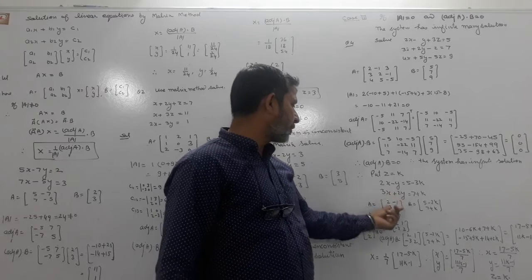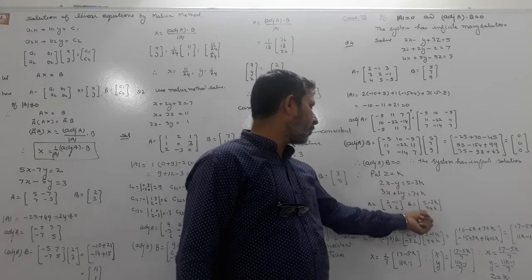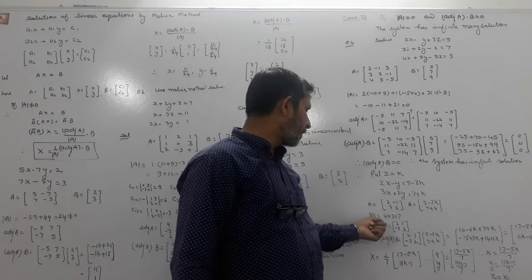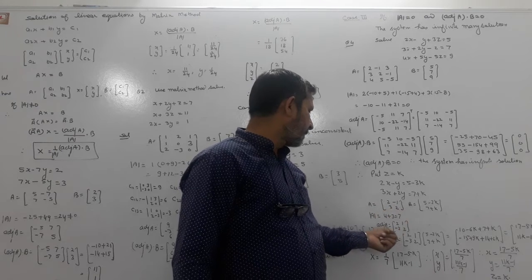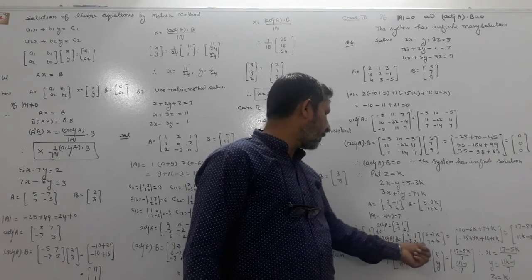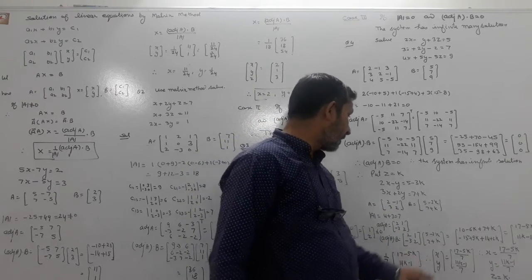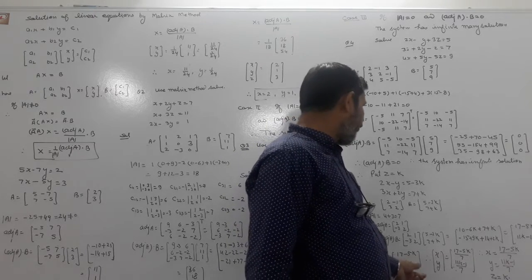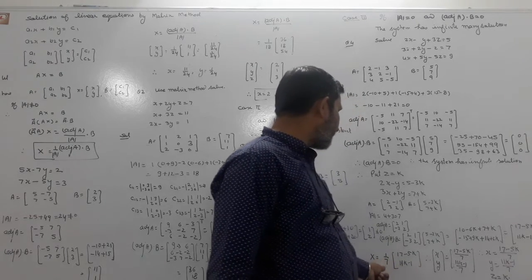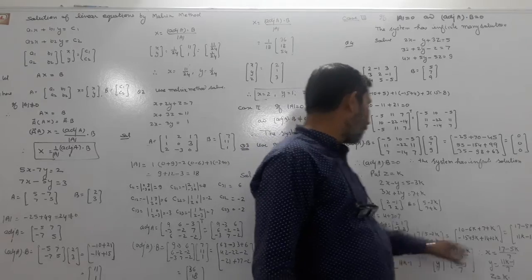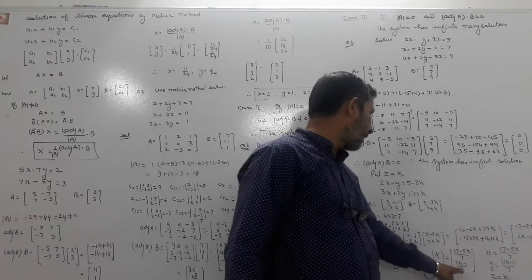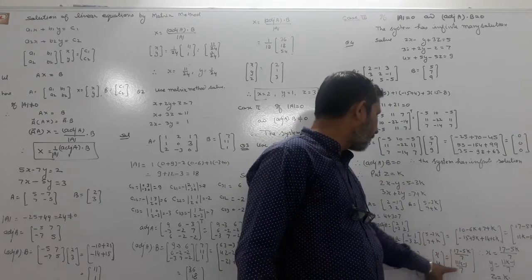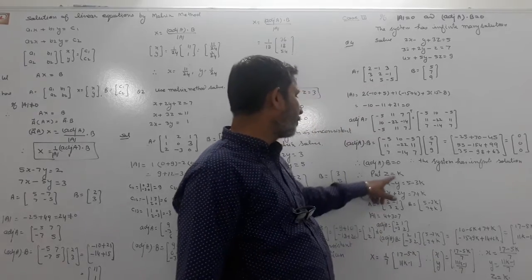A is the matrix of the coefficients of x and y and B is the constants. Again we solve it. Similarly we find the determinant of A and the adjoint of A, then adjoint of A into B. Then we get the answer in terms of k. X equals 1 by 7 times adjoint of A into B, which is this. Simplified, x equals this and y equals this, but z is already equal to k.